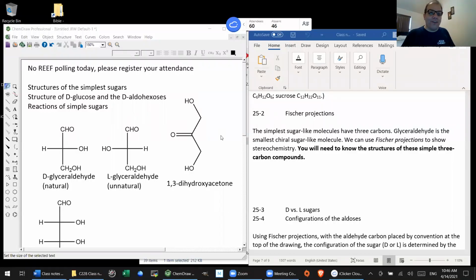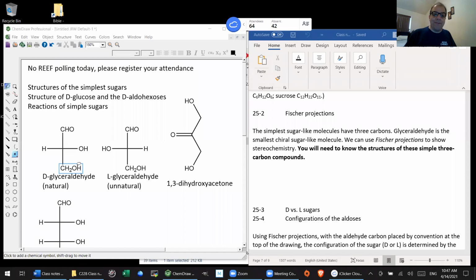Good. So welcome back, everyone. We're going to continue on after having already considered really the smallest molecules that have the same properties of larger carbohydrates. They have 3 carbons. D and L glyceraldehyde differ only in the configuration at the so-called penultimate carbon, which is the one second from